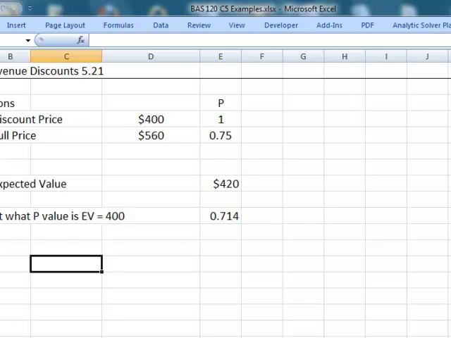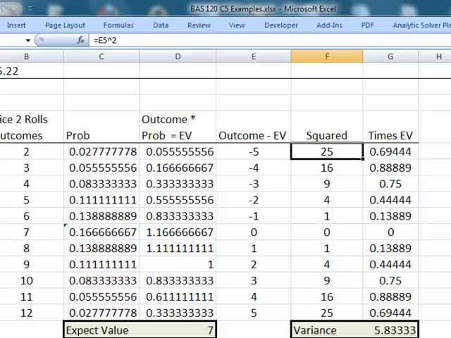Let's talk about variance. This is example 5.2. Now the variance, as you may remember, is how much our data varies from one end of the spectrum to the other. Let's go back to our example of rolling the dice. If I asked you, what's the average of rolling the dice? Anytime I talk about variance, you sort of say, well, variance from what? Well, we don't really have a mean, but we can come up with a good substitute, the expected value, because we know the expected value.